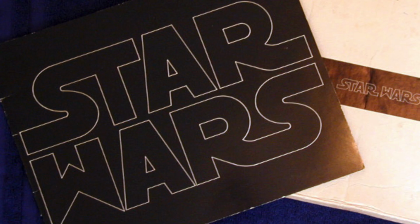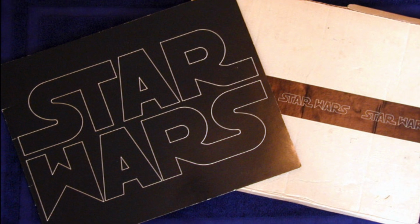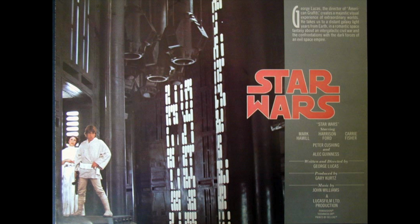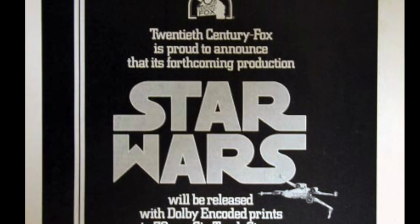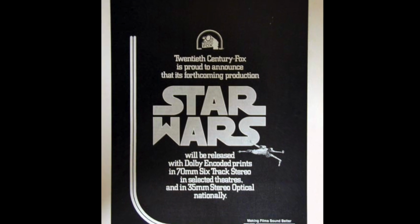Also given out to theaters was a campaign book, which came with full color images from the film inside a white box. This book would later be released to the public in 1977. So in December we got the trailer, we got the buttons, we got the poster, and theaters got a little booklet telling all about Star Wars. But there was one more place to find an ad for Star Wars in December 1976. Those Star Wars ads started appearing in trade magazines, letting insiders know Star Wars would be released in Dolby encoded